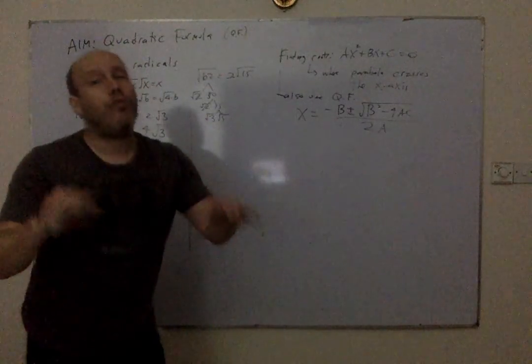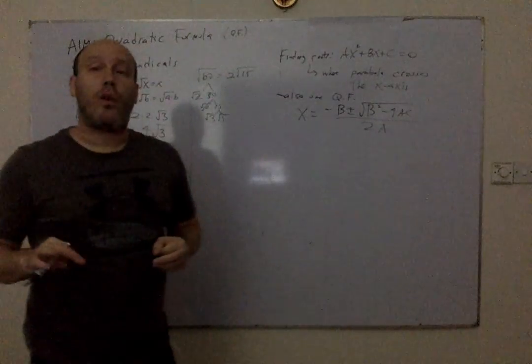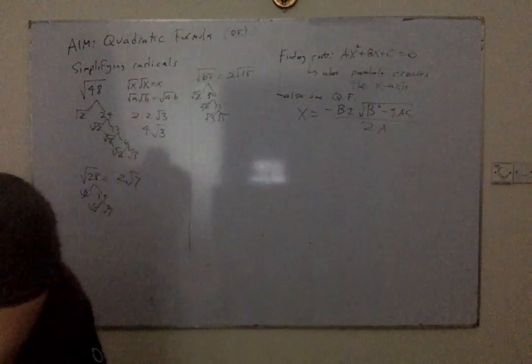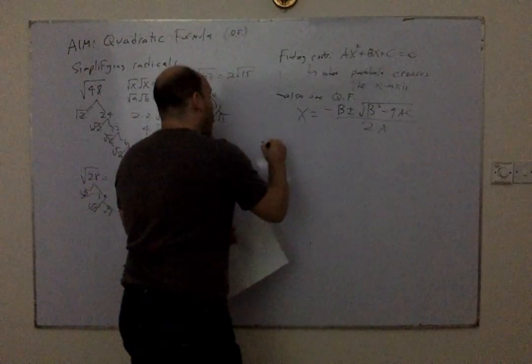So you now have all these choices. You have non-calculator and you have calculator choices. So if I give you the equation, they give you something basic like x squared